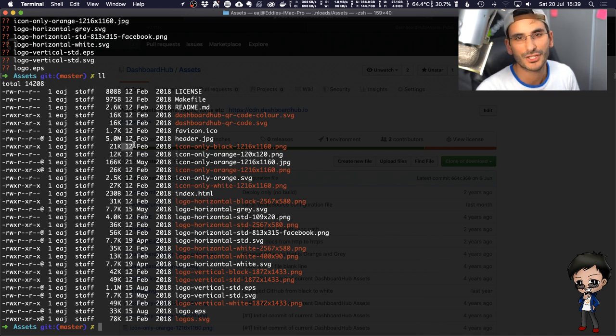And by getting involved, I don't just mean coding. Contributing to open source, contributing to the community is not just about coding. There is so much more around that. Look at me, I'm doing an assets repo for my new mascot. There is working with the designer for the mascot, working with the Dashboard Hub team to see what thoughts they have on the mascot, getting some feedback, reviewing pull requests on this project and on other projects, which I'm going to show you afterwards.